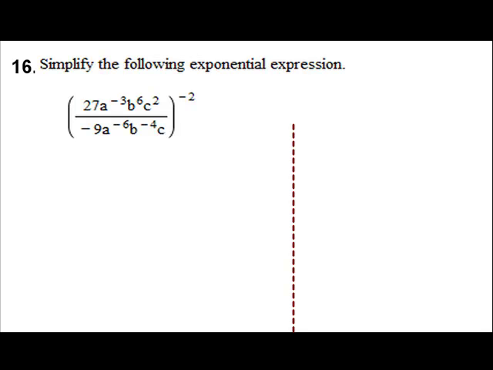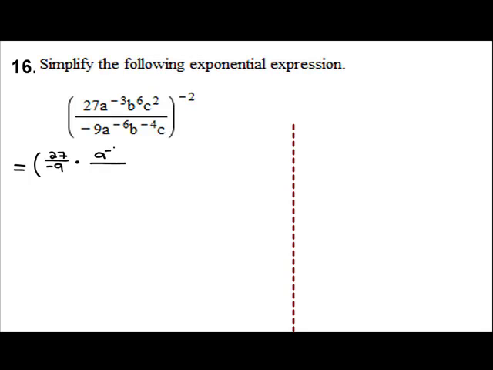In this example, we're going to use the rules of exponents. So we're going to start by simplifying the inside of the parentheses. So we're going to rewrite it as 27 divided by -9 times